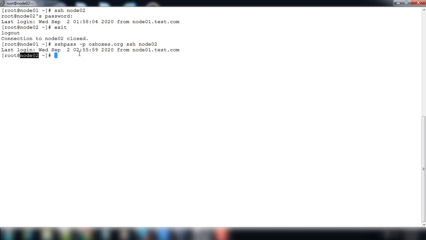This time it didn't prompt for typing the password. What we used is sshpass -p, with whatever password we typed as it is, then the ssh command.